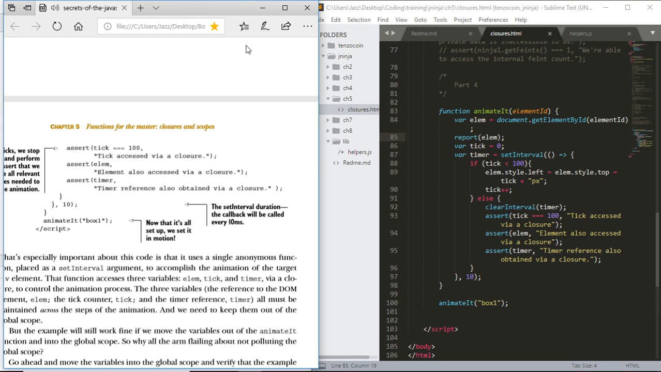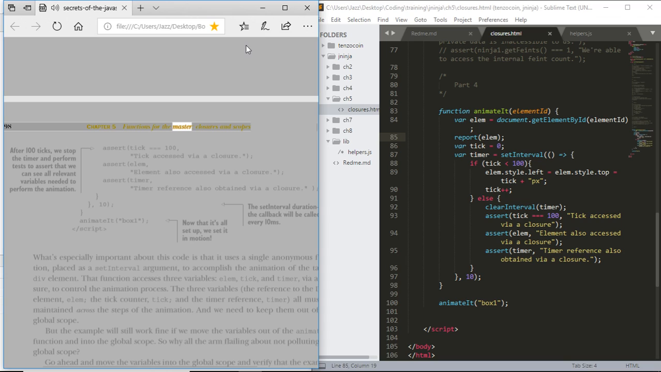Chapter 5 Functions for the masters: closures and scopes. assert(tick === 100) // tick accessed via a closure; assert(elem) // element also accessed via a closure; assert(timer) // timer reference also obtained via a closure. animate("box1"); </script>